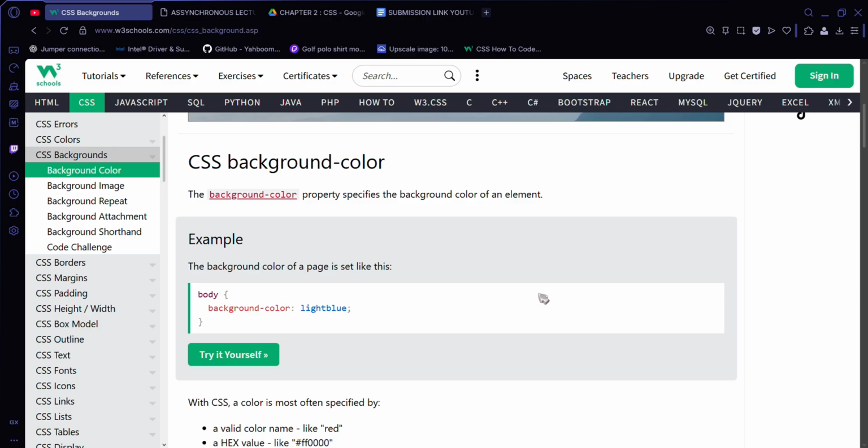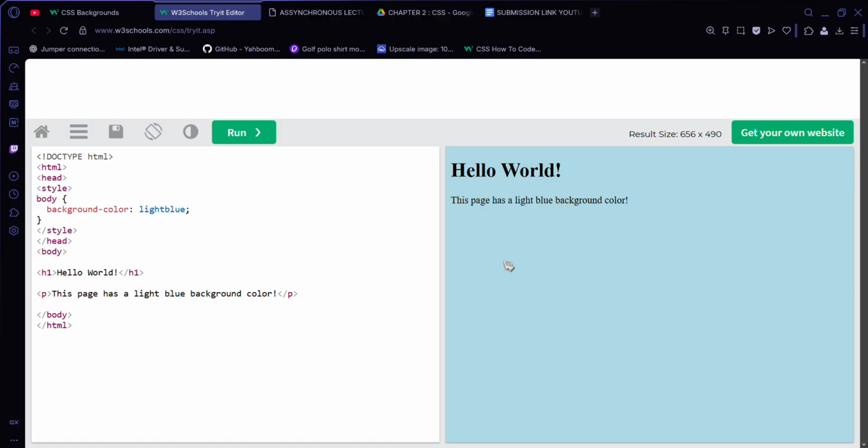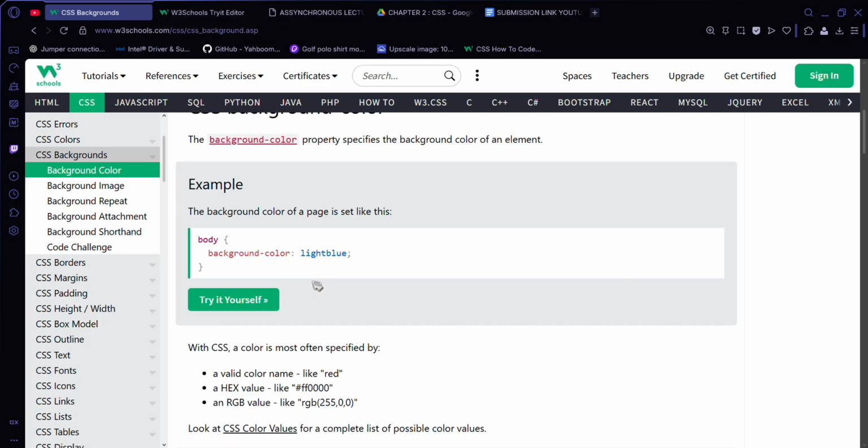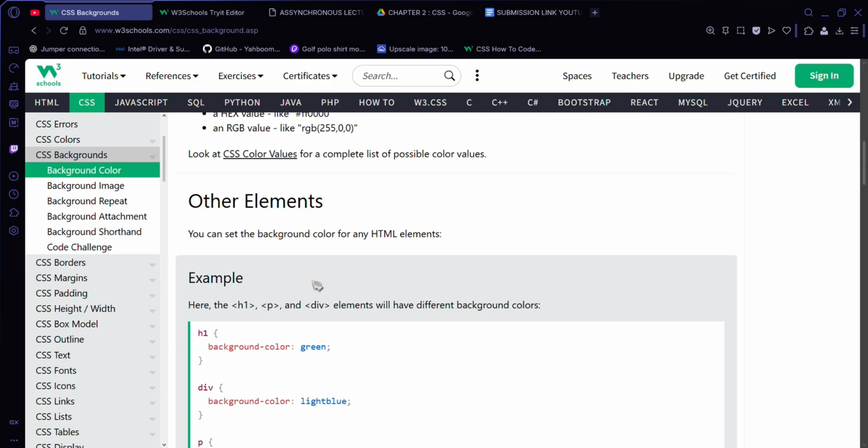So for the background color, the property specifies the background color of an element. The background color of a page is set like this. It is below the body, so we use the background color with the color light blue. To change the background we do it like this, and then the other elements you can set the background color